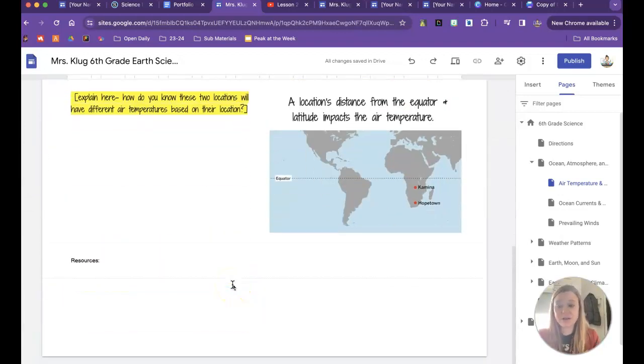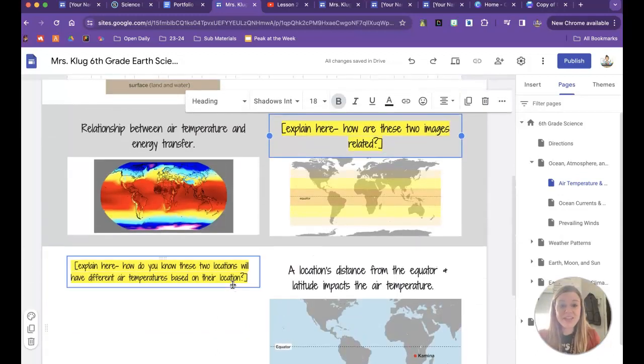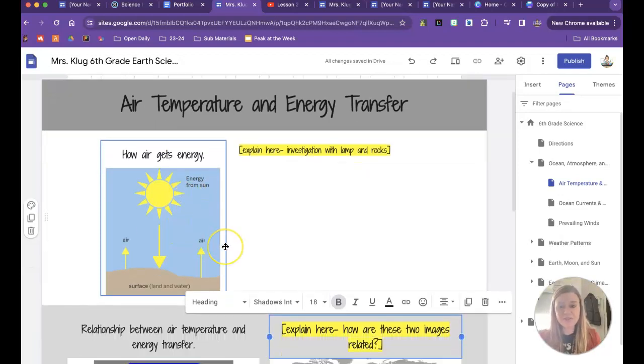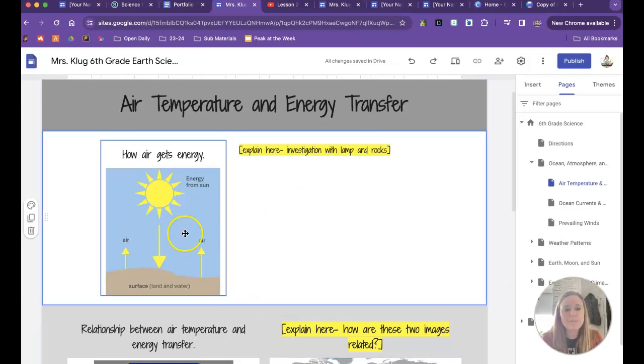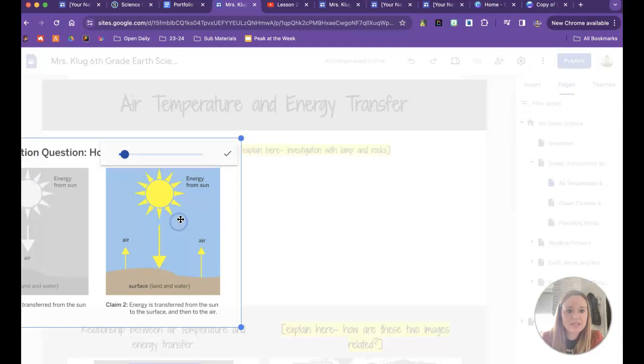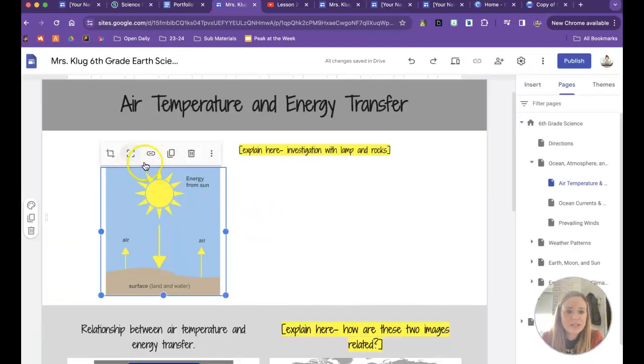Again, if you've already created a poster for lesson 1 and you think, hey, that's a better picture than this because that's what I've created, I have my poster down here. And I might say, you know what, I liked this poster that I created. It helped me understand these concepts. I might just take a picture of my poster and then I would upload it into my assignment here. So I could go like this and I could click replace image, and I would upload it